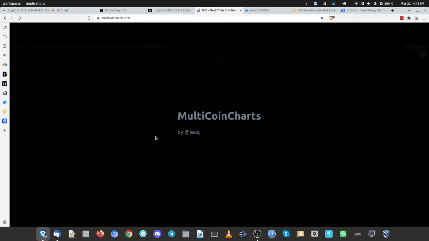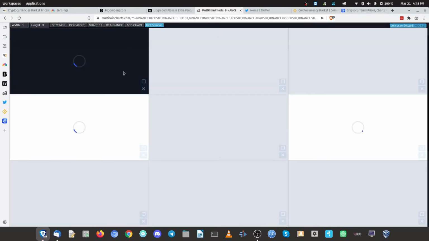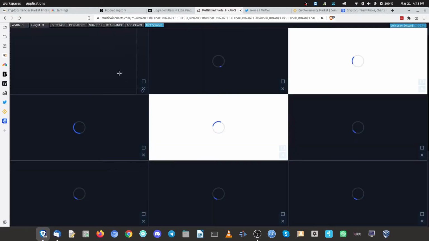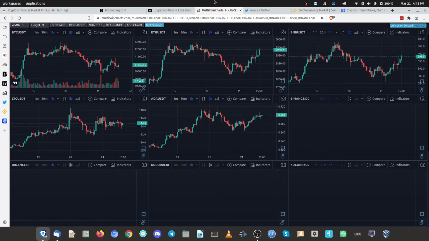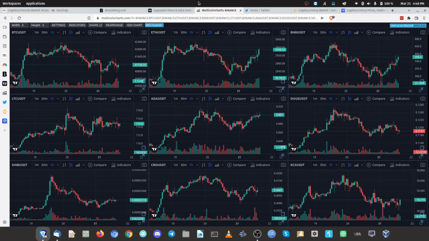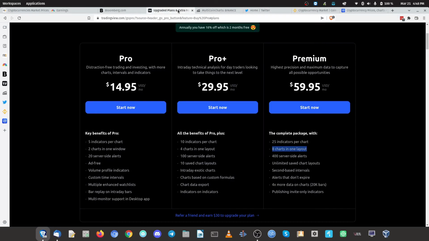Super handy. I love multi-coin charts. I'm not sure what TradingView thinks about them because they're essentially using TradingView charts to display this information. But hey, I think they're doing us a service, and I do feel that paying $60 just to see 9 charts on the screen is a little bit over the top. However, if you do like TradingView, I would recommend that you maybe go with the Pro version, because it does